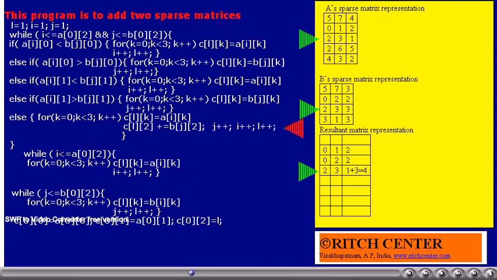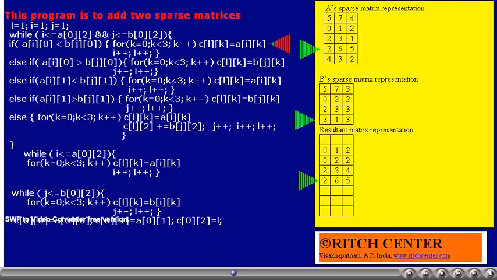Now if we check, matrix A contains a meaningful element in row 2, column 3, and matrix B also contains a meaningful element in row 2, column 3. Thus, the resultant matrix will contain the sum, that is 1 plus 3, as the element value. I value will be incremented by 1, J will be incremented by 1, L also will be incremented by 1.